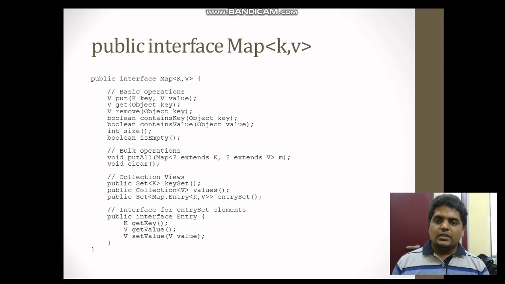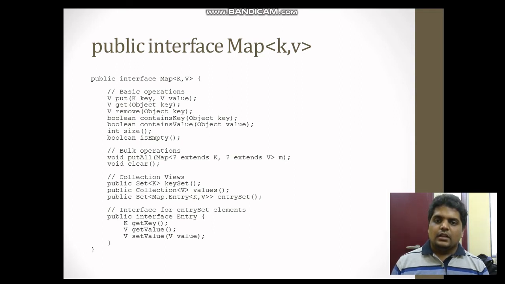So we have V put(K key, V value). The elements are put on the basis of key and value, and get on the basis of key. On the basis of key we fetch the values, and also on the basis of key we remove the value. So for that we need to know the key of that specific